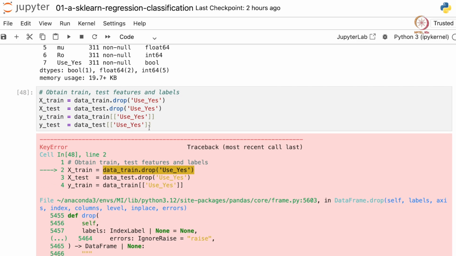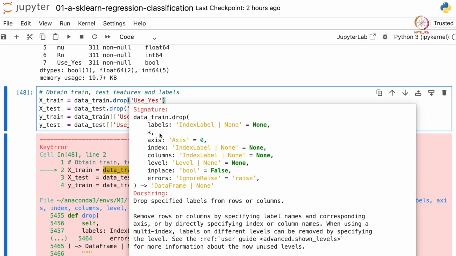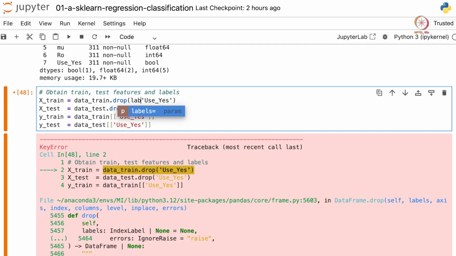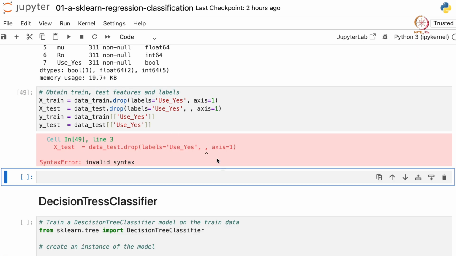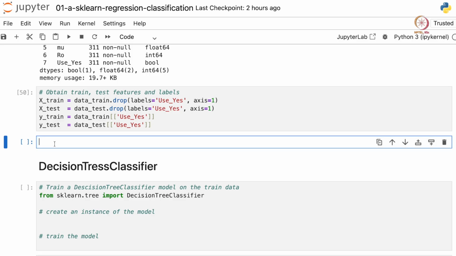Okay. So for drop, we have to provide the exact keyword. So the labels is use yes, and we want to drop the entire column. So we have to provide axis is equal to 1 because we want to drop the column, and same for this. Let's provide the labels keyword as well. We have 2 commas. Yep. Now this is done. Now let's look at xtrain, xtest, ytrain and ytest.